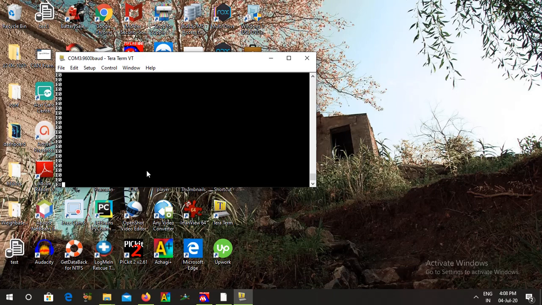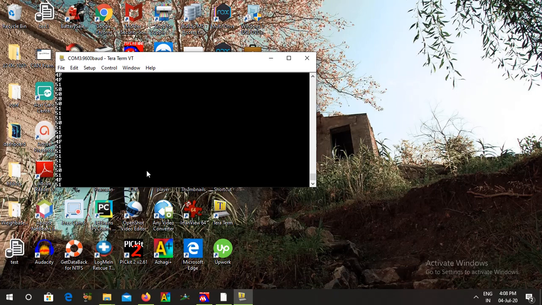I am generating a DC input of 0 to 5 volt using a pot here. Now let me turn my supply on.